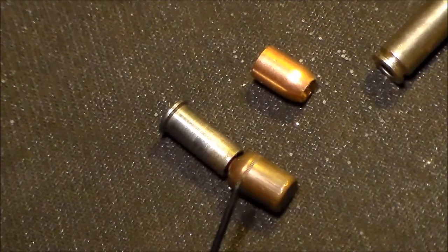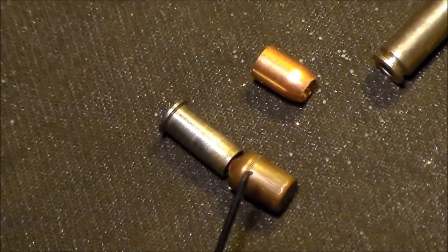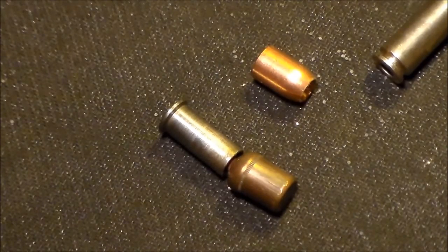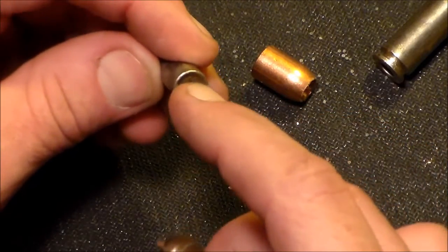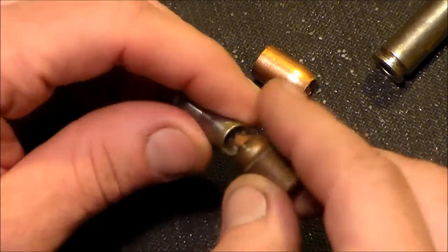Alright, the cantilever is up here on a normal 240 grain. Well, this is 225, but on a 240 grain, it's back here in here somewhere. Alright? And you got to trim your brass unless you have Hornady brass. Alright? The only way I see this working with the Lee product is if you'd have to drill a hole in the seating stem somewhere to accept that ballistic point. But regardless,